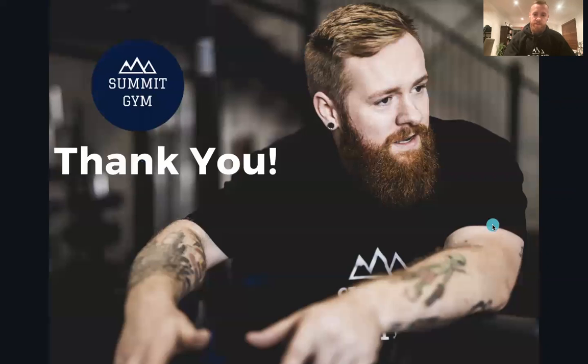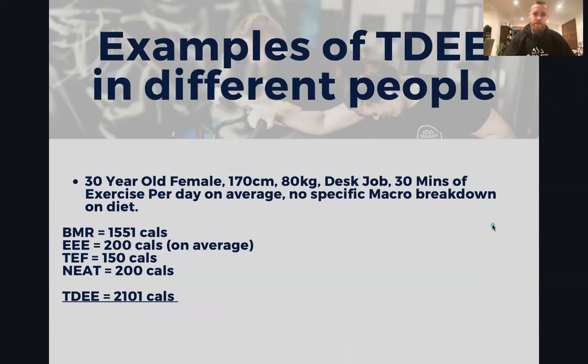So if I just flick back, oh, sorry, gone the wrong way. Here we go. So let's take our first lady. Her total daily was 2101. That's her energy expenditure. So if she wanted to be in a deficit, we would be looking at least starting her on a 1600 calorie a day diet, and I would imagine there would probably be a little bit of room for movement on there, but